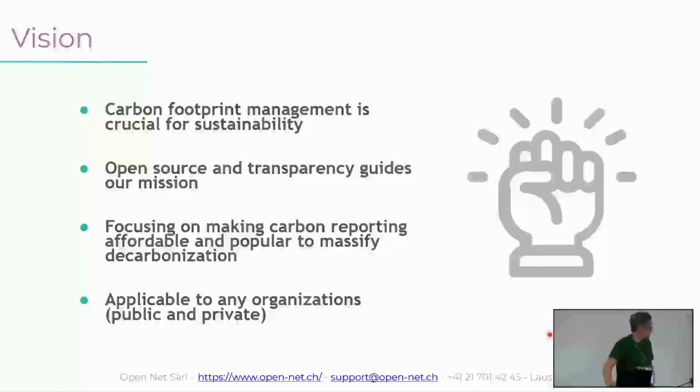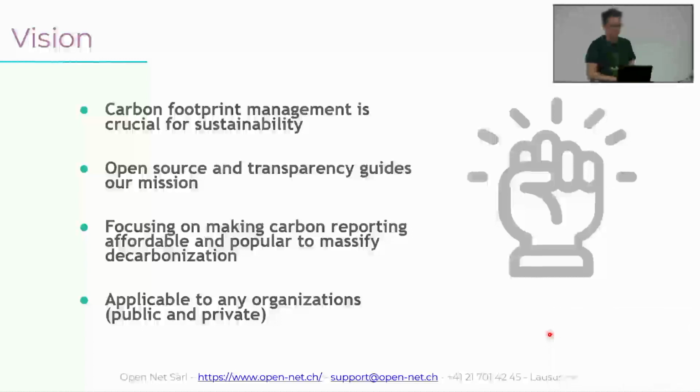Carbon footprint is obviously critical for sustainability in order to live in a better world, let's say. Open source and transparency are key, specifically on this topic of carbon reporting. And our objective is really to make it as affordable as possible.